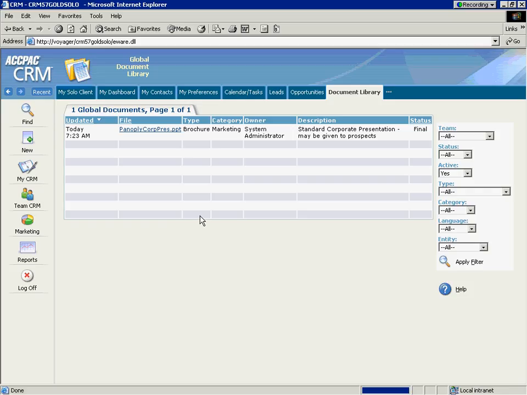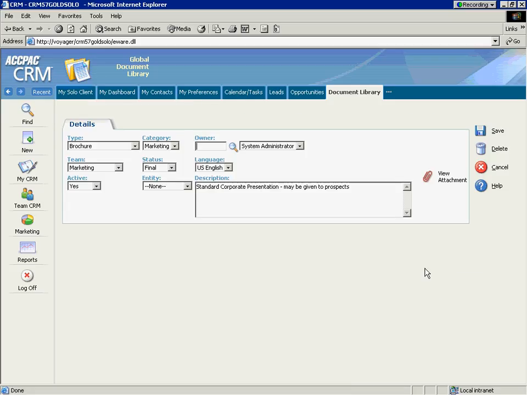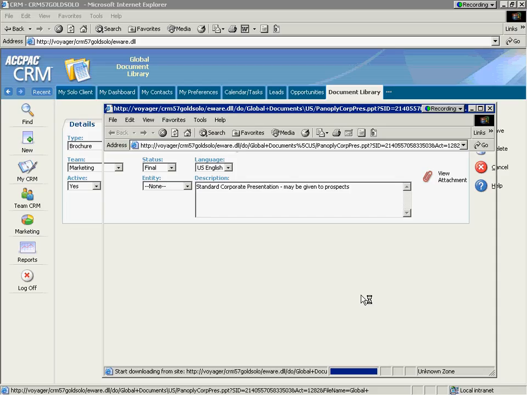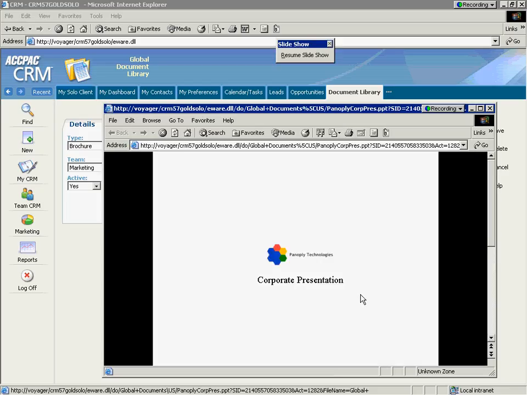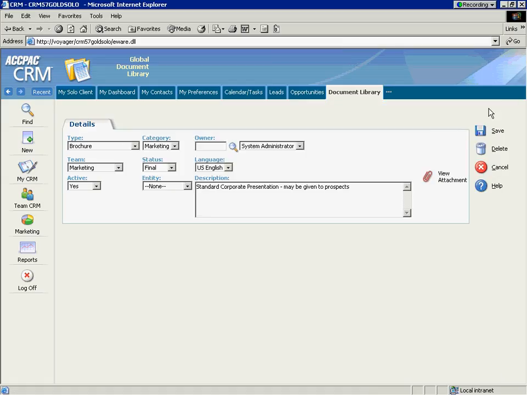CRM. For example, here's the corporate presentation. If we click on that, that's available for Susan now. She can view it and decide, is it appropriate to send out to a particular contact. She could download it to her client's laptop if she wants to, or if we go and find a customer